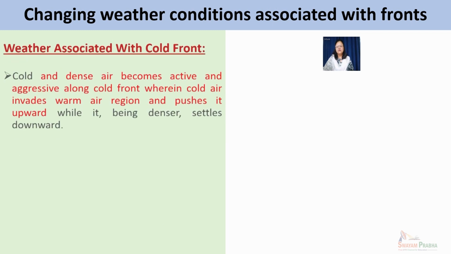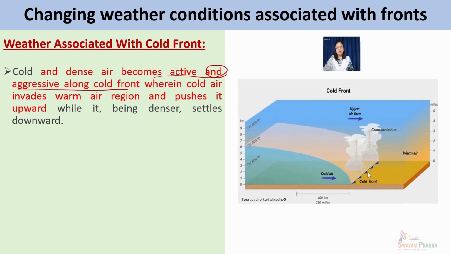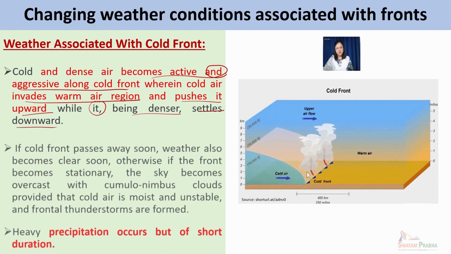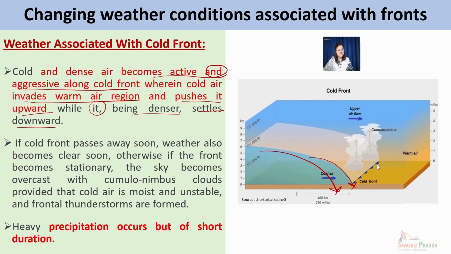Now let's see the weather associated with cold fronts. So when the cold air becomes aggressive, what happens? The cold and dense air becomes active and aggressive along the cold front, wherein the cold air invades the warm air region and pushes it upwards, while it, being denser, settles downwards. So what happens if a cold front exists? A steep cold front is formed along the area of convergence,